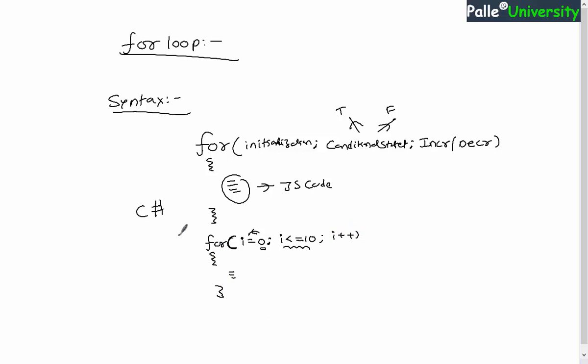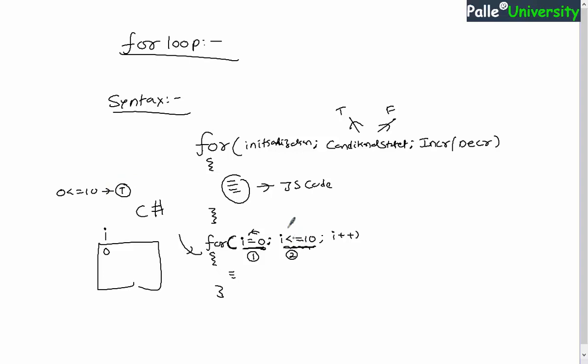I will try to explain how this program is being executed. First, remember this statement is called the initialization statement, the second one is the conditional statement, and the third one is the incrementation or decrementation statement. Once i = 0 is executed, the value 0 will be stored inside the memory. First this one will be executed, i will be assigned 0, and next the conditional statement will be executed. So what is the current i value? 0. 0 <= 10, true or false? Obviously true.